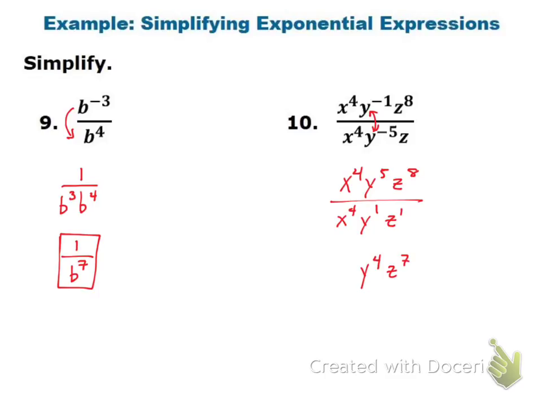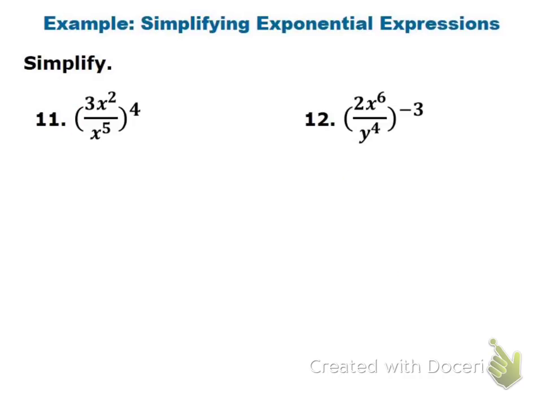Just remember that when I'm dividing, my answers always go on the top here. So when I'm subtracting my exponents, my answer always goes on the top. So that's why I got a regular x to the 4th. It's not like it went to the bottom or anything. It stays on the top. It stays a whole number. And then the last two,